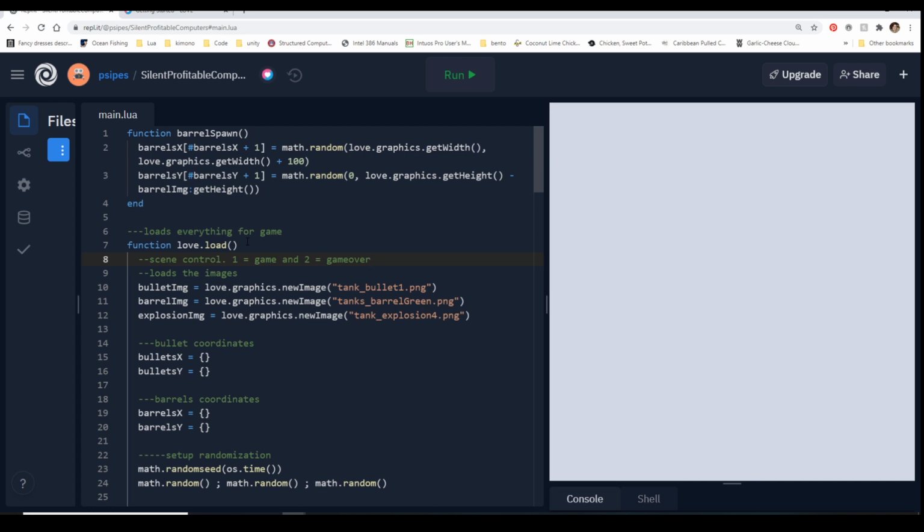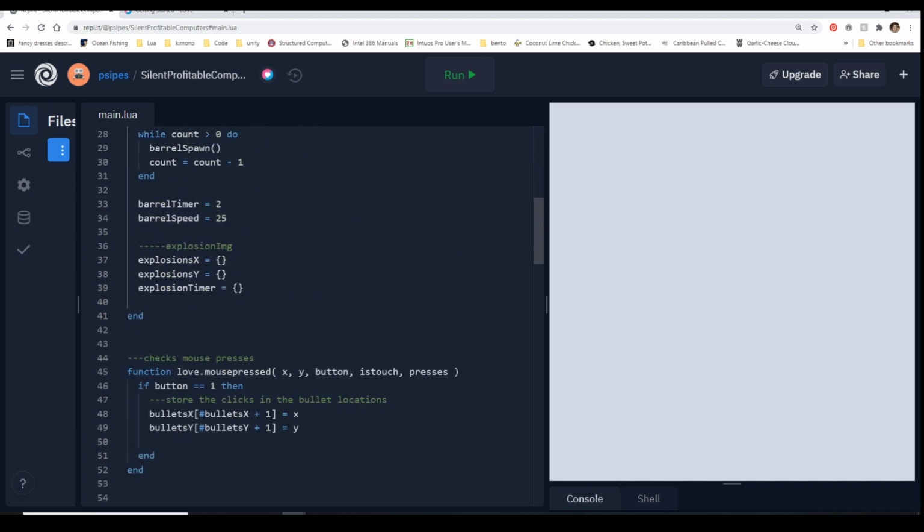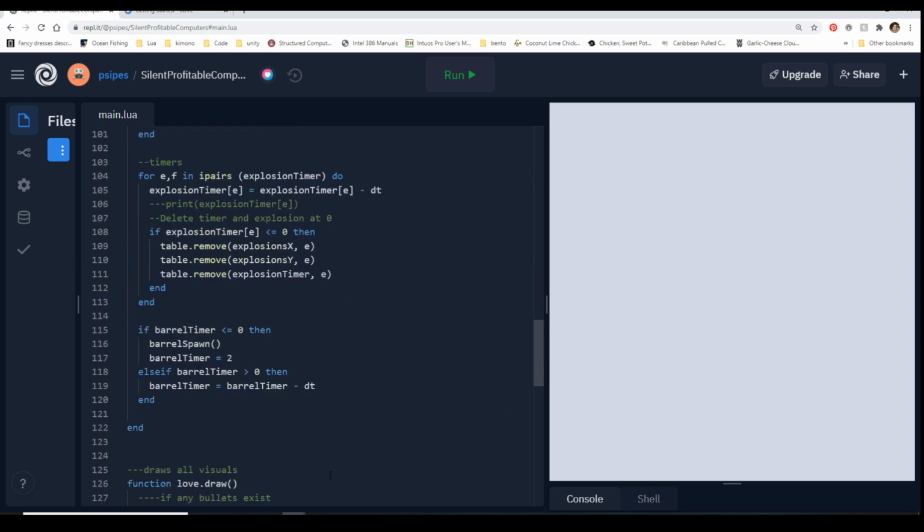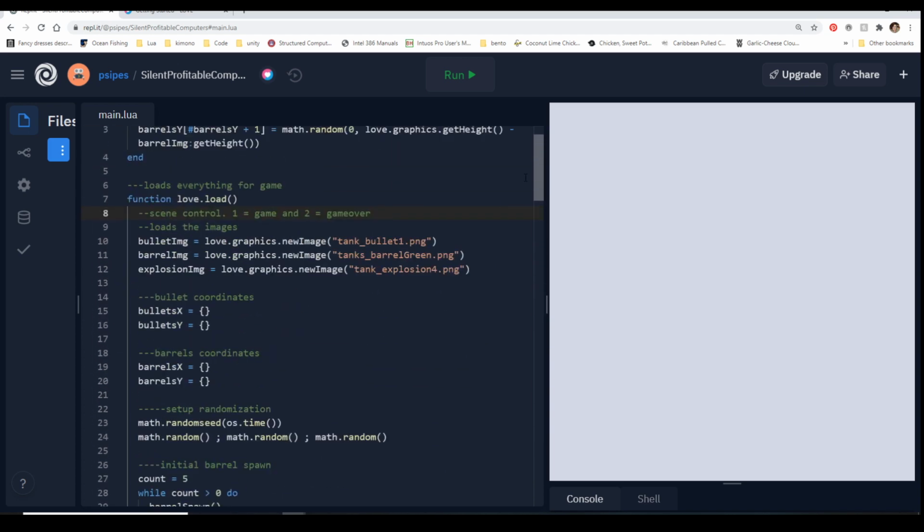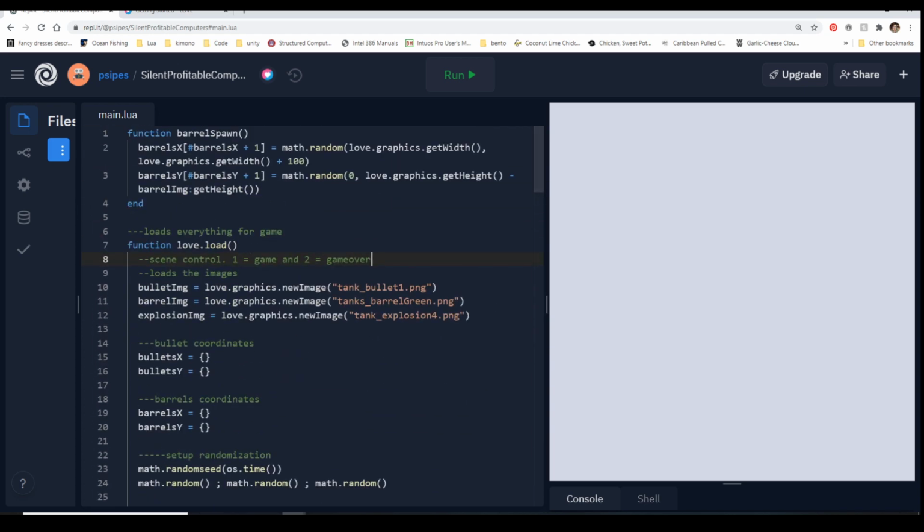But this gives you more flexibility in being able to have multiple levels or multiple scenes or multiple things that you want to switch between. And now you could go ahead and take everything from here down and put them into their own specialized functions. Or we can use our best friend, the if statement.